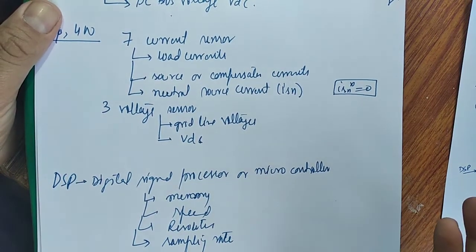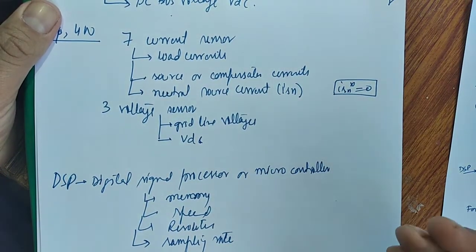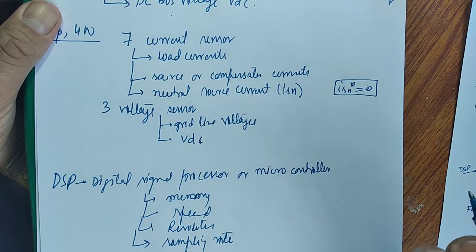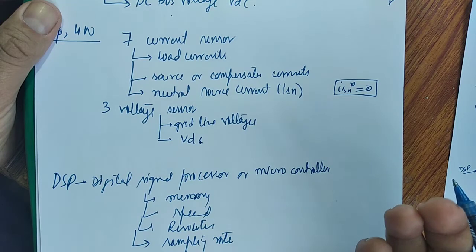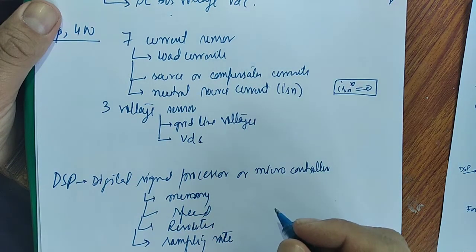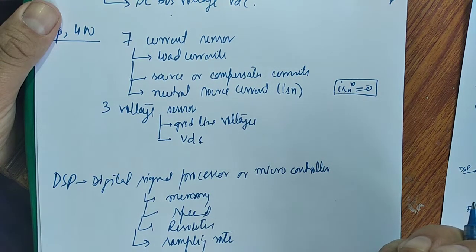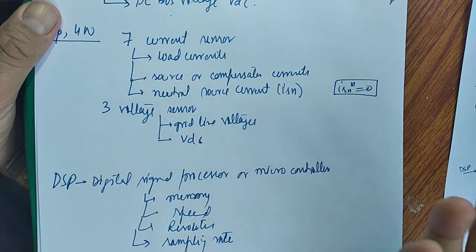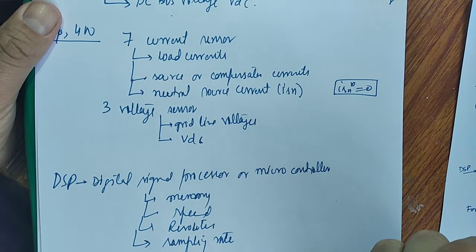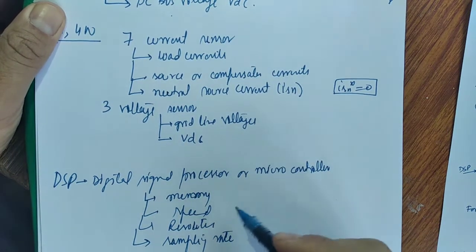So we have different companies selling this DSP control for hardware purposes. We have dSPACE, we have Texas Instruments DSP microcontrollers also. We can have a data acquisition system of this one. We have other companies also, NI Instruments. There are different DSP controllers which are used in the hardware system.